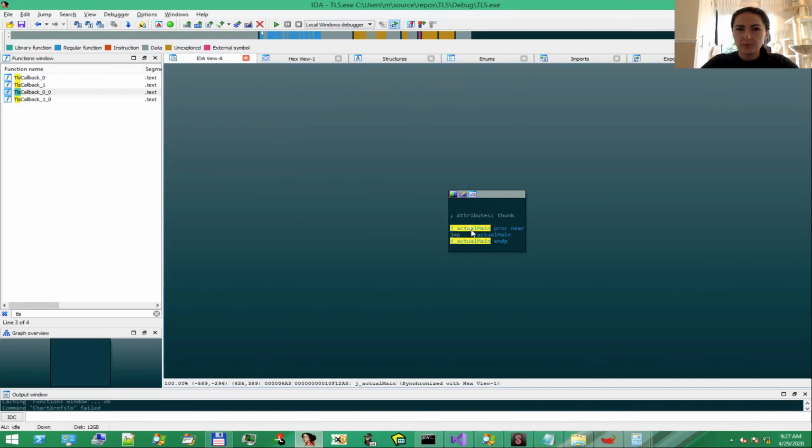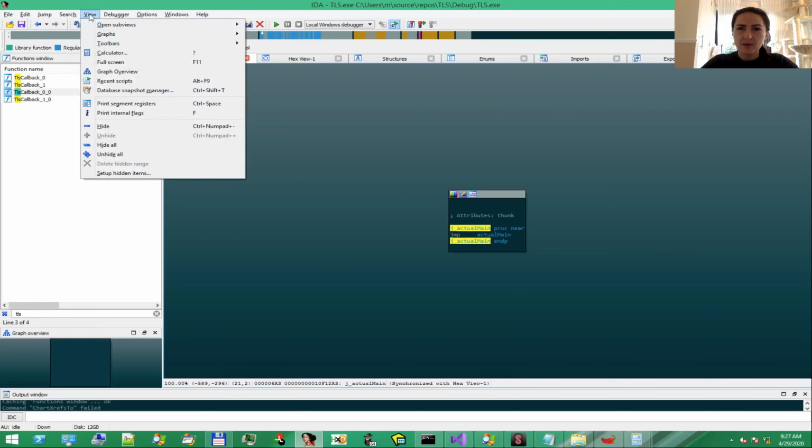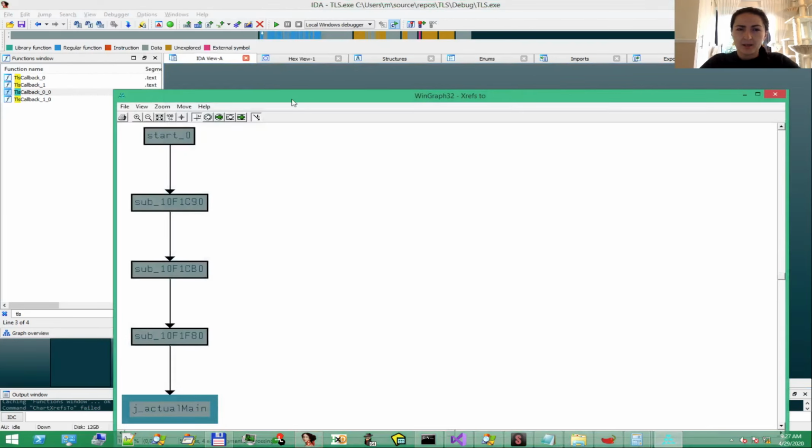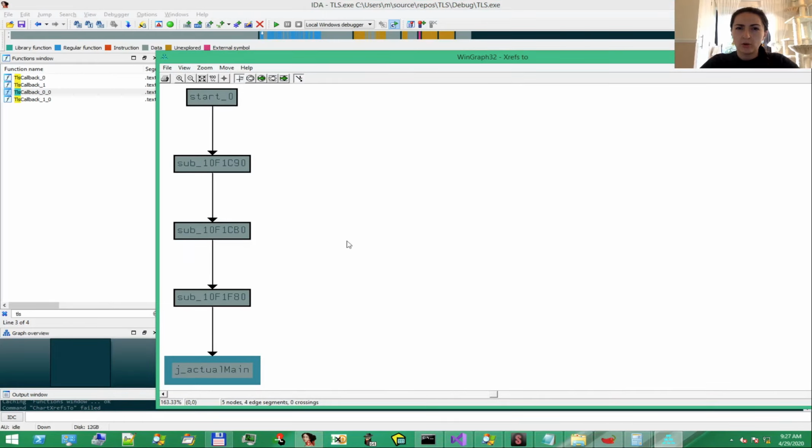We go to the View menu, Graphs, and then Xrefs to here. Here we have a nice call hierarchy, starting from the entry point, the start function, and goes down to the actual user-defined main function.